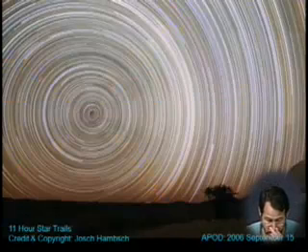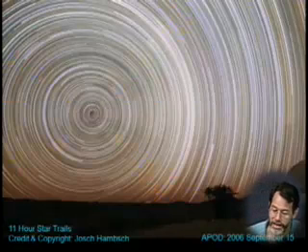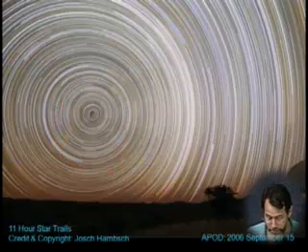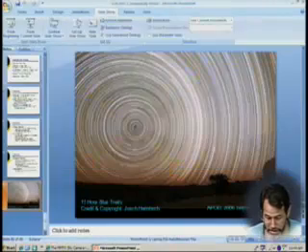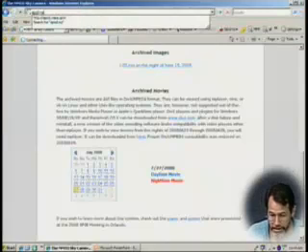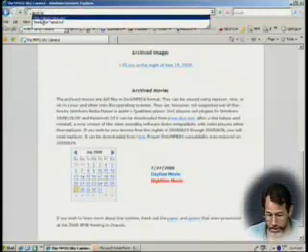All right, so this goes back to our original slide. We're going to do APODs after this. This, again, was the original slide, and shows that we're just watching the Earth rotate with a camera. So now I'm going to go to the astronomy pictures of the day. This was something I was going to do. I'm going to go to apod.nasa. Let's see if I can click on it.